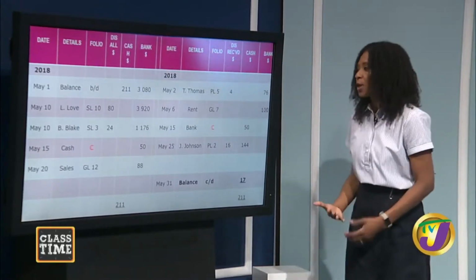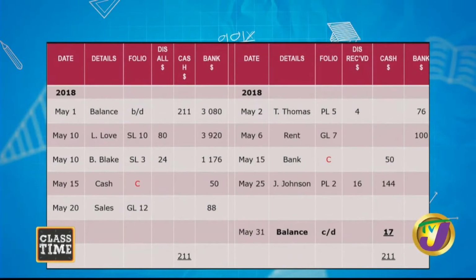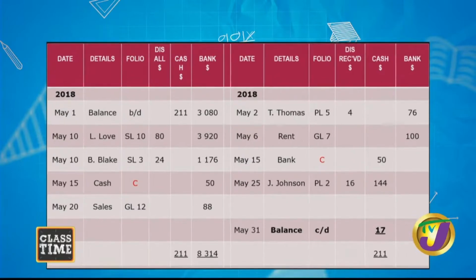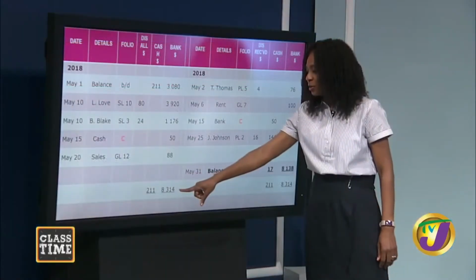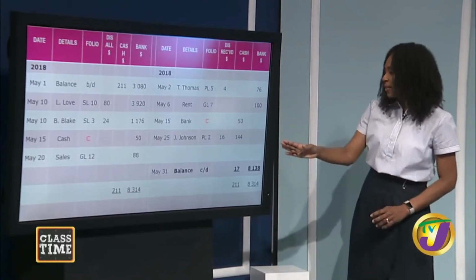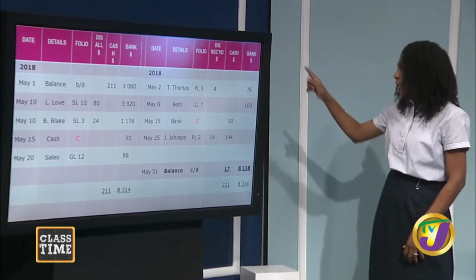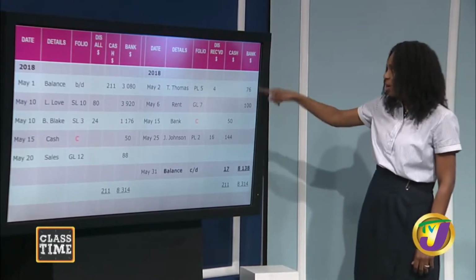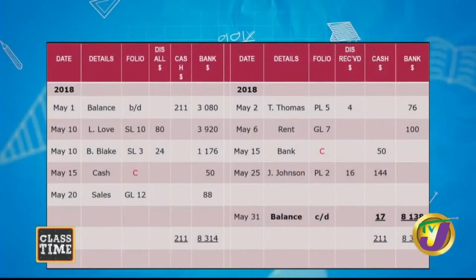So you'll repeat the steps now for the bank. Add the bank columns separately, subtract the answers, record the answer on the smaller side. Now, I'm going to add first the debit side of the bank column to see my total and balance. When I add, I get a total of 8,314. I will subtract from the 8,314 the difference of $176, which is the total on the credit, and I will get